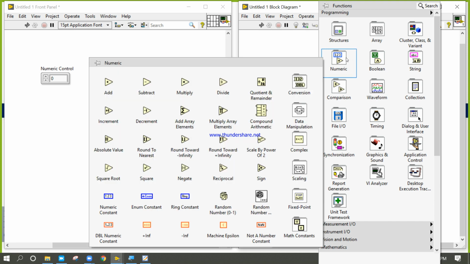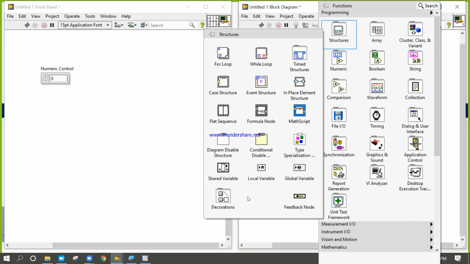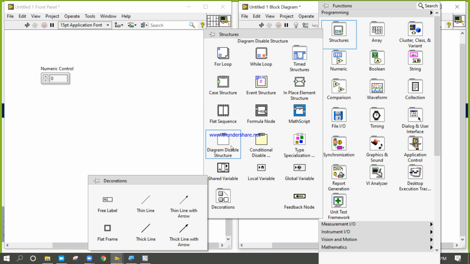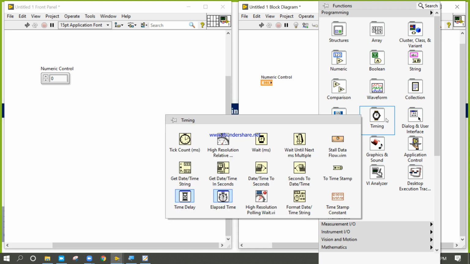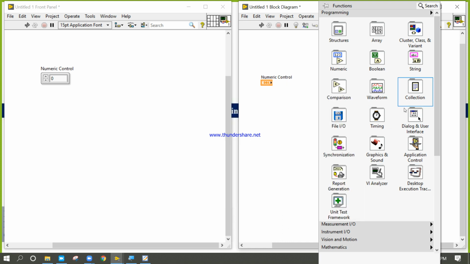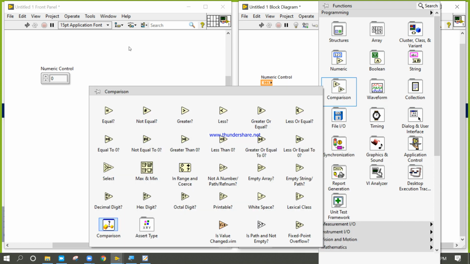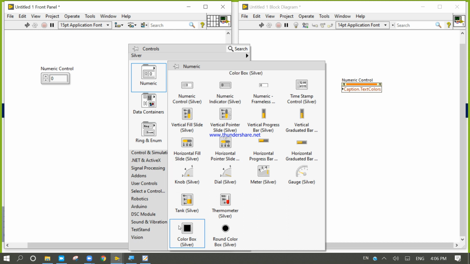Now we need to come to the numeric where the color is present. Inside the decoration there is no color, so where is the color present? Right click numeric, the color box.